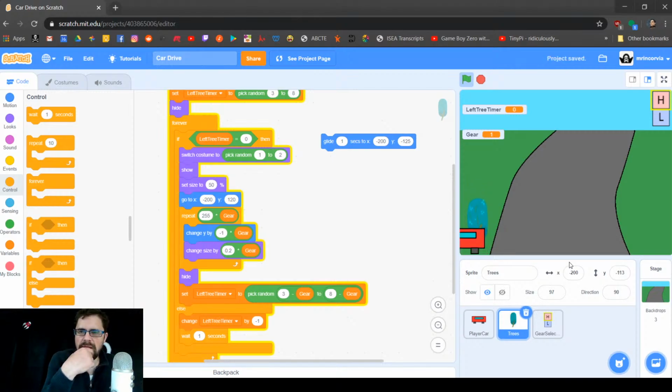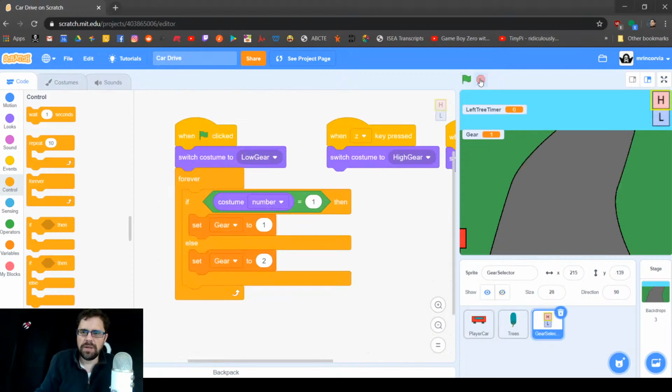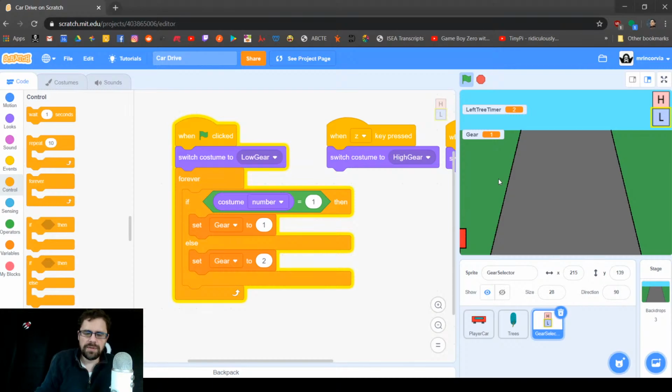the gear did not change. Why? I'm not running the loop because we didn't click start. So let's switch it to low gear. There we go. Now gear. Oh, see, look. Okay, twice as fast. The tree goes twice as fast. Okay. And it's stuck down here because